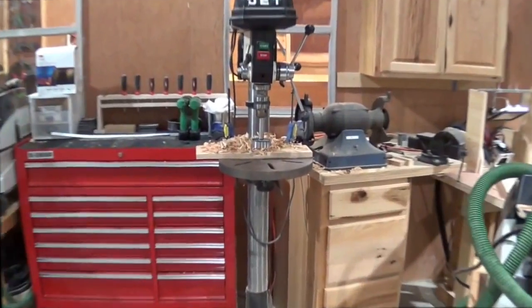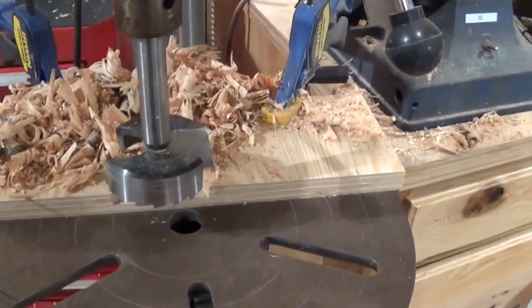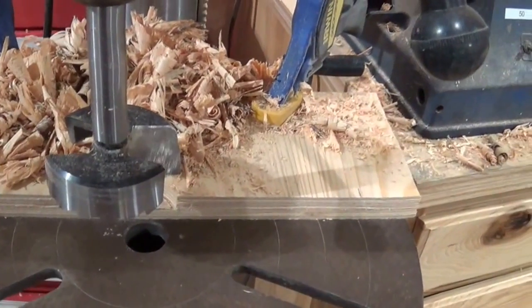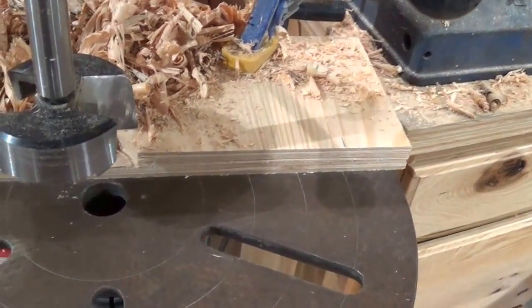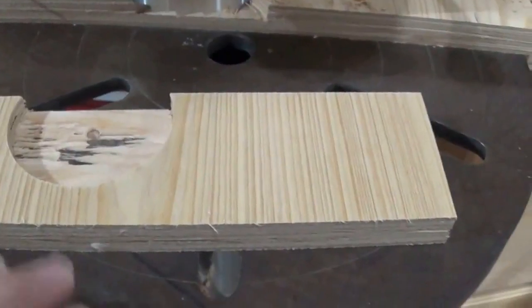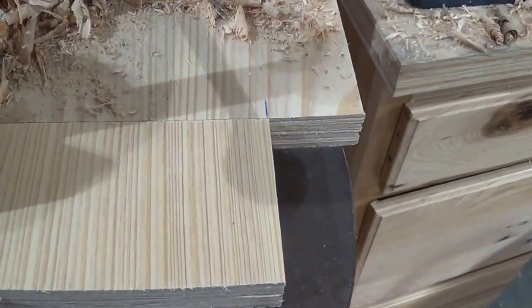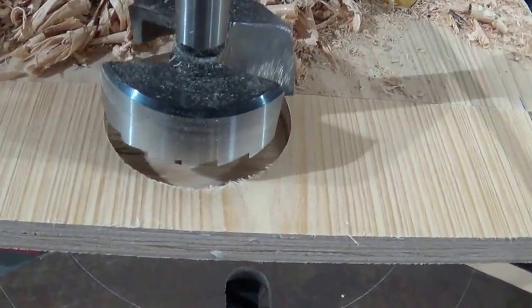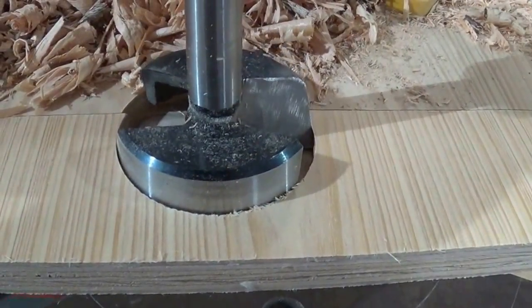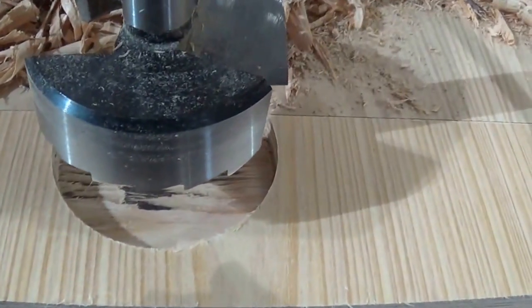Here's the drill press that I was using today, and basically it's just a 3-inch Forstner bit hooked on there, and I've got a fence set up, and I made a mark on the fence right there, you can see it. My boards were all cut to the same length, so I just placed the board into it, brought it to my mark, and once I had it on the mark, I just came down with the bit. I had it set for a certain depth, and it stops automatically,